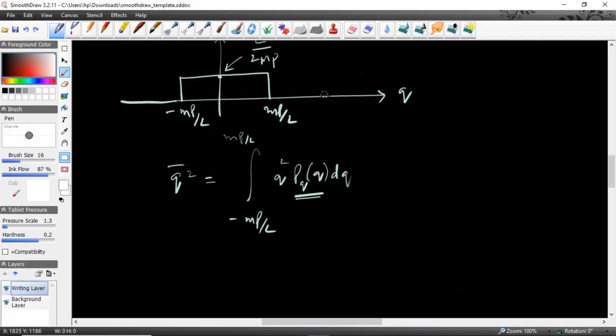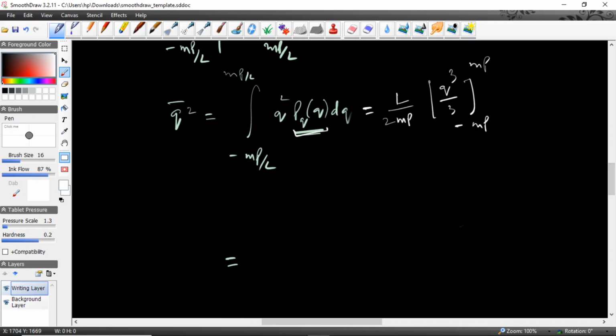Okay, we were finding the mean square value of the quantization noise, and that comes out to be this, and you can further solve it. It becomes L by 2mp, that is pq of q, and integration of q squared will become q cube divided by 3, limits from minus mp by L to plus mp by L. You can take this 3 outside, divided by 3,